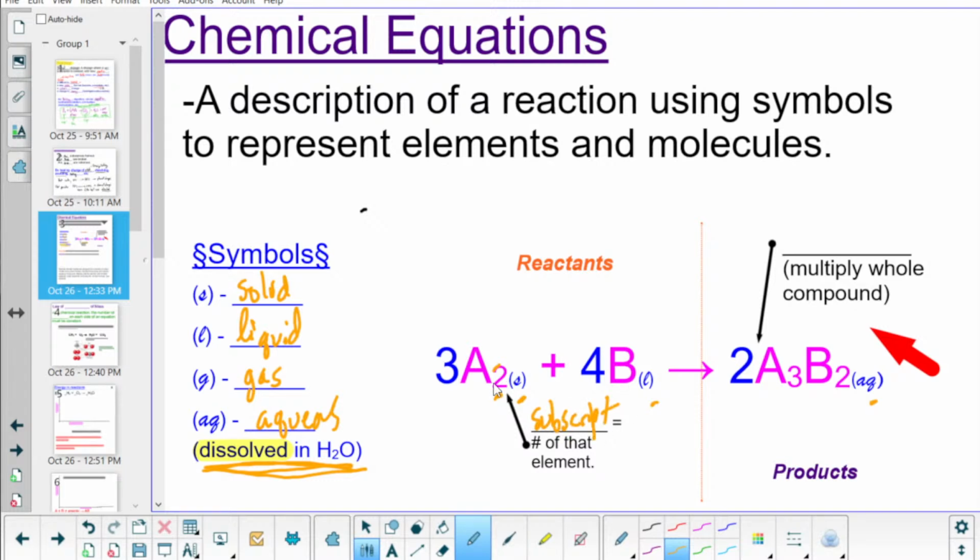Gives you the number of that element. We've already done this because we had to do nomenclature, but just to go over as a full reaction. What's the number in front called? Coefficient. Just like the number in front of brackets in a mathematical equation. The things on this side are known as reactants. The things on this side are known as products.